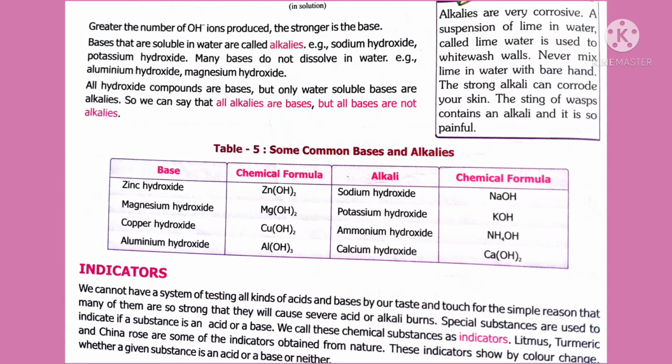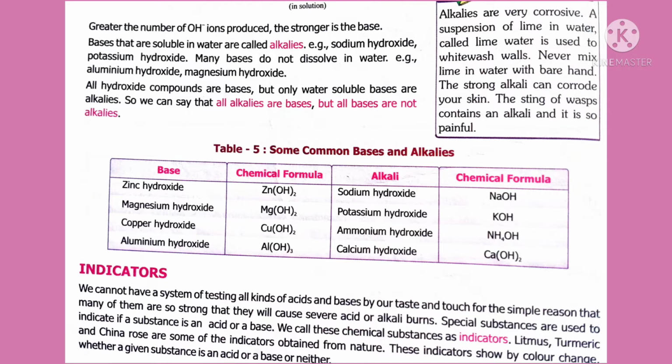How do you identify? By taste we can identify whether the given substance is acid or base. If you taste mango, it tastes sour because it has acid. If you taste orange, it also tastes sour because these fruits contain organic acid. Mango contains tartaric acid, whereas orange contains citric acid. That is the reason these food items taste sour.